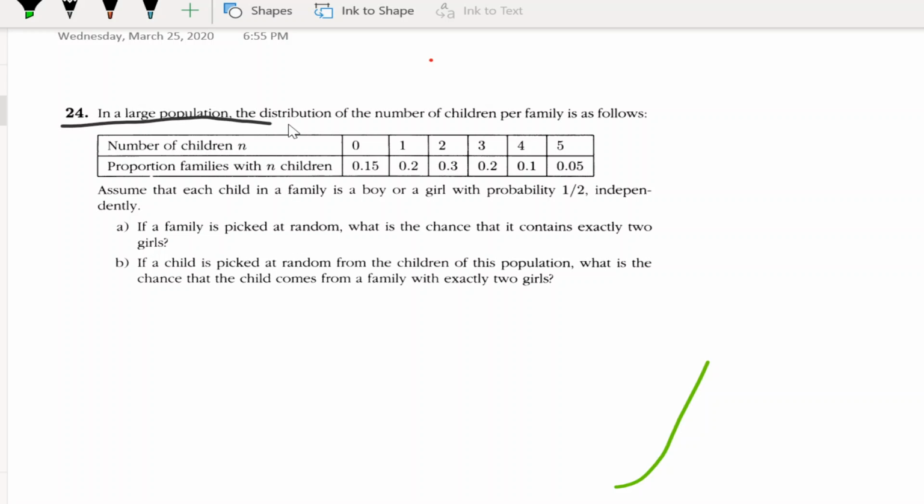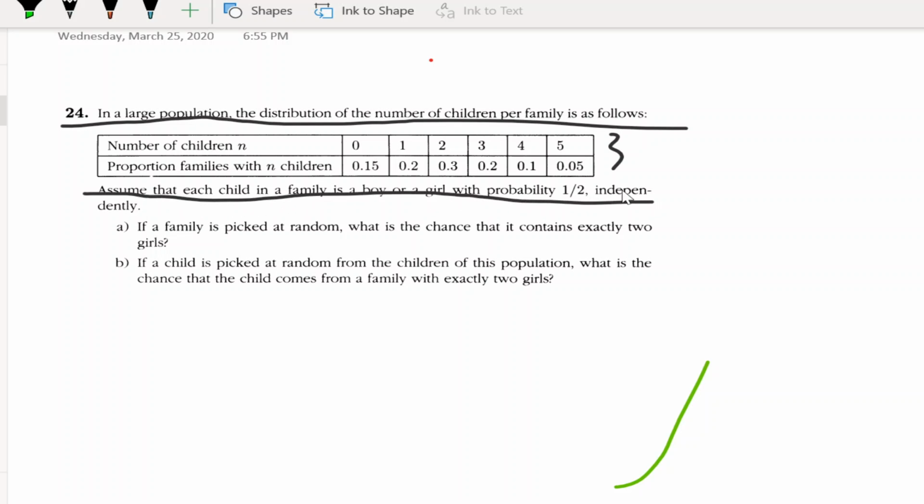So, in a large population, the distribution of the number of children per family is as follows, and you guys can read it right there. Assume that each child in a family is a boy or girl, probability half, independently. If a family is picked at random, what is the chance that it contains exactly 2 girls? Okay, so,